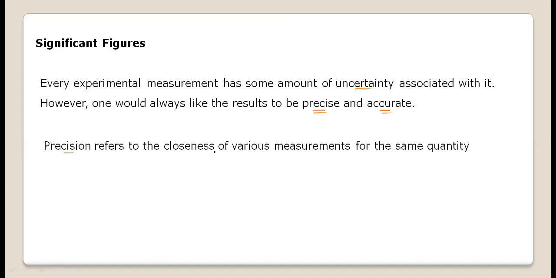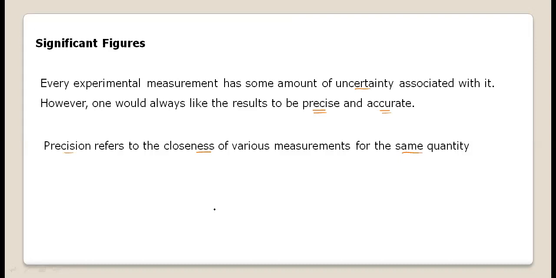Now precision refers to closeness of various measurements for the same quantity. Now there is some quantity. If the experimental values obtained are closer to each other, then the measured values are said to be precise. Hence precision refers to closeness of various measurements for the same quantity. Again, we'll take an interesting experimental example so that with its help you can easily understand. Try to observe. These are very important 1-mark questions as well as a competitive topic. Precision and accuracy based calculations will be asked in the competitive exams. Try to understand.